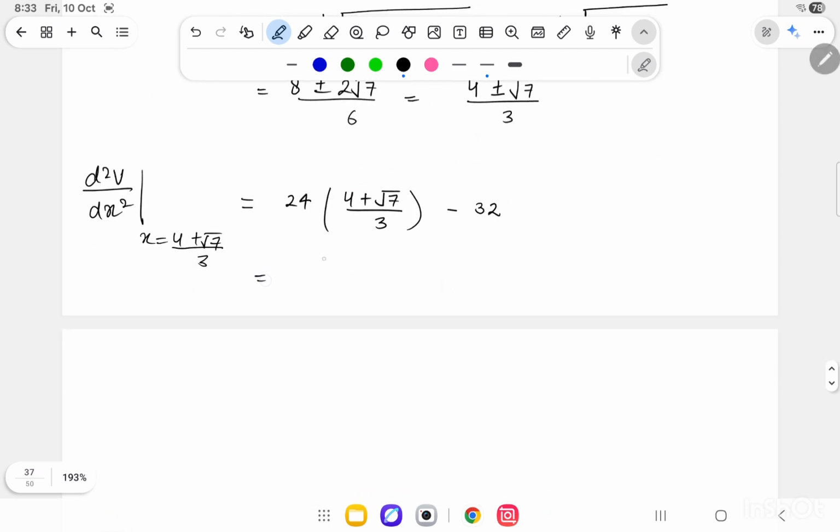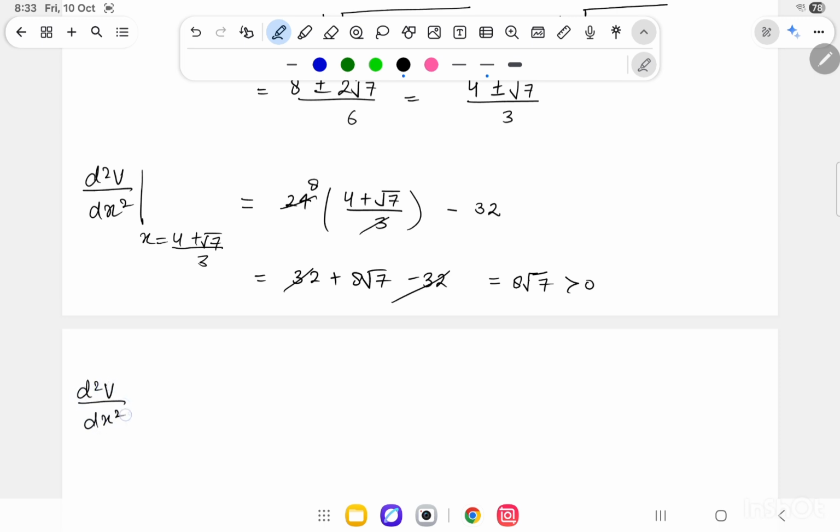So it is equal to 8 4s are 32 plus 8√7 minus 32. So it is equal to 8√7, which is greater than 0,